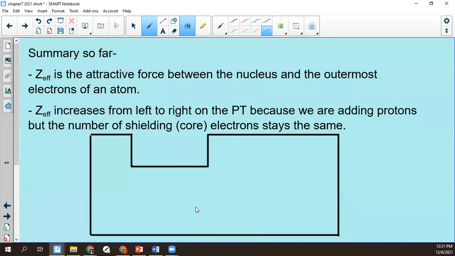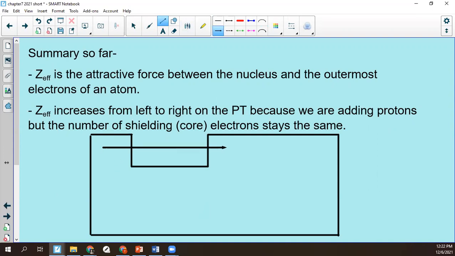All right, so summary so far. You got to get these. Zeff is the attractive force between the nucleus and the outermost electrons in an atom. This is written on there, right? Okay, the periodic table, I was pretty proud. I drew that with the line tool without ever fixing a line. Zeff increases from left to right on the periodic table. So if I were to put an arrow, which you need to put an arrow,